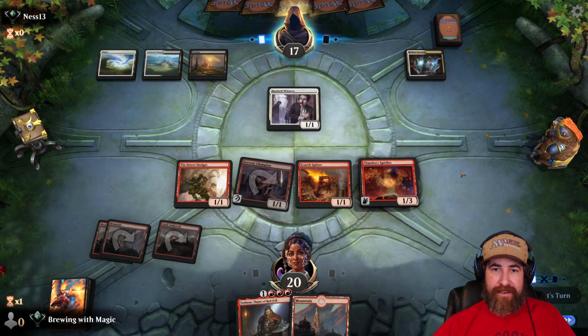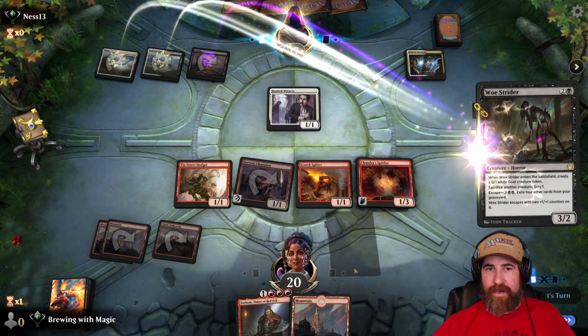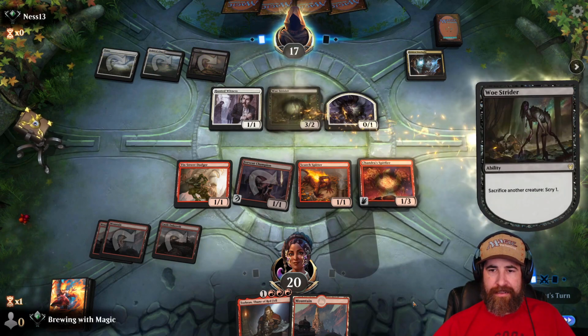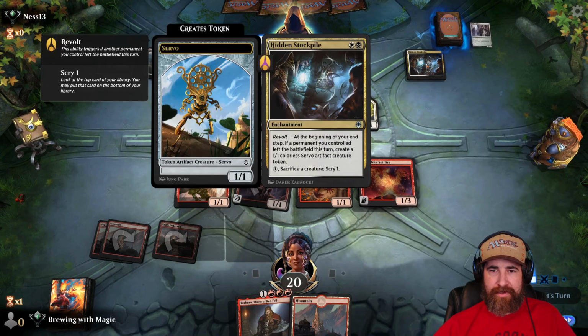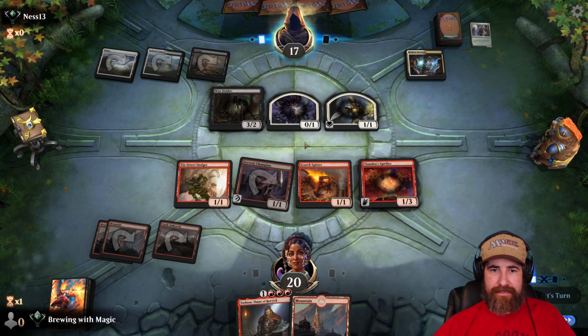We can throw this. I think we only attack with the 1. So they'll sacrifice this to scry. Whoa, Strider! Okay. Okay, they'll get a token here. Beginning of your end step. Okay. So the 1/1's bad, the 2/2, but they can't...